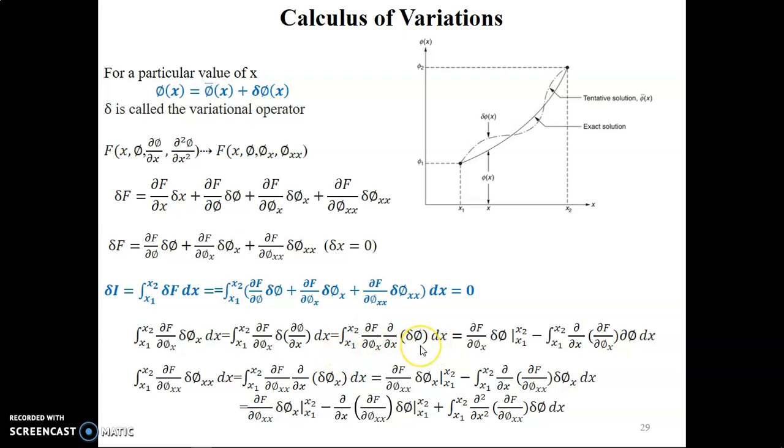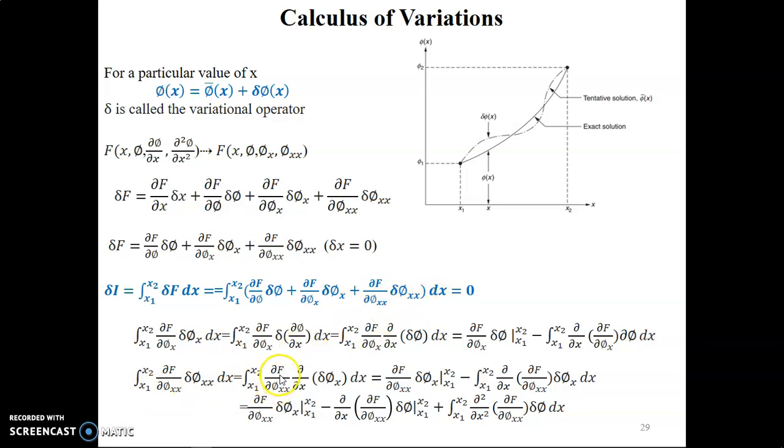Now this expression can be solved by using integration by parts. When we perform integration by parts, the first term will be as it is, and then we will subtract the integration of the second term over the solution domain. Now we will be performing the differentiation of the first term and integrating the second term, and the whole function will be integrated over the solution domain. So this will be the simplification of the second term. Similarly, we will be proceeding with the simplification of the third term.